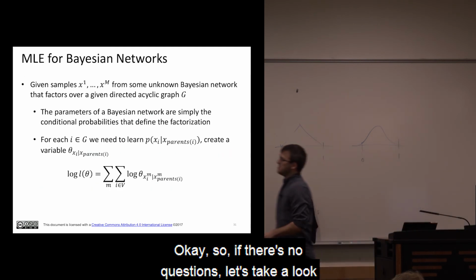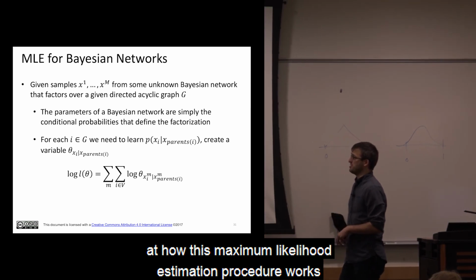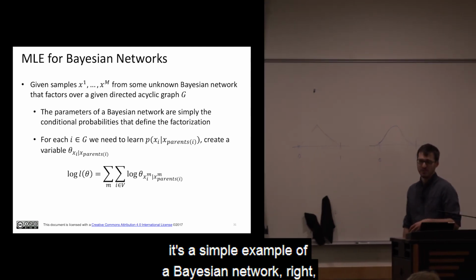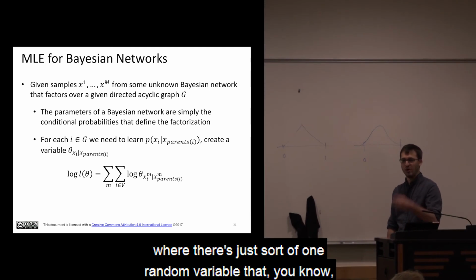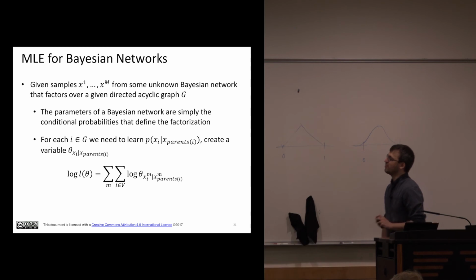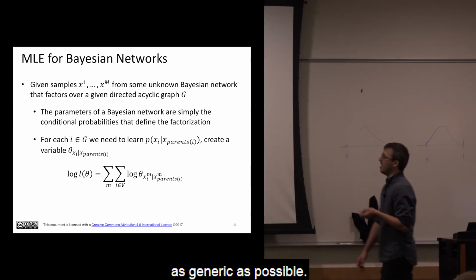So if there's no questions, let's take a look at how this maximum likelihood estimation procedure works out for Bayesian networks. So like we said, the coin flipping problem is a simple example of a Bayesian network, where there's just one random variable, an indicator random variable, heads, tails. So we want to generalize that to make this as generic as possible. Let's consider the